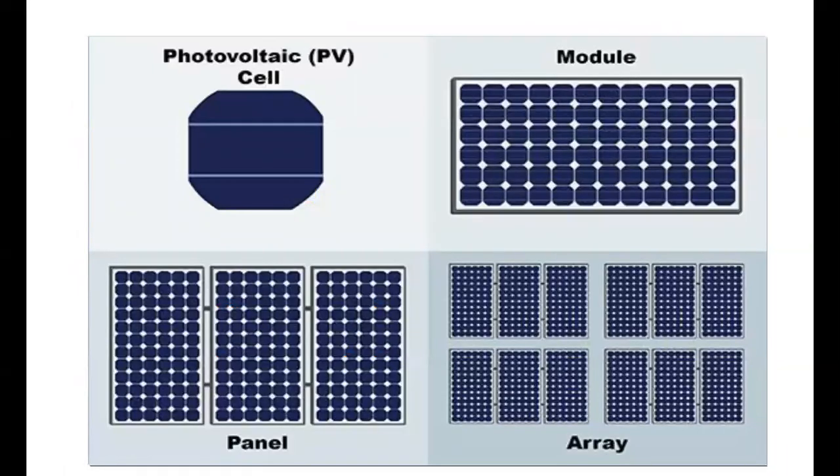Then what is a PV cell? The basic part of the photovoltaic cell or photovoltaic panel is the cell. That will produce a very small voltage and very small current. These cells are connected to form the module. The different modules are connected to form a panel, and panels are connected either in series or parallel to form the array to produce large voltages and large currents. So each single photovoltaic cell produces a very small voltage and current.